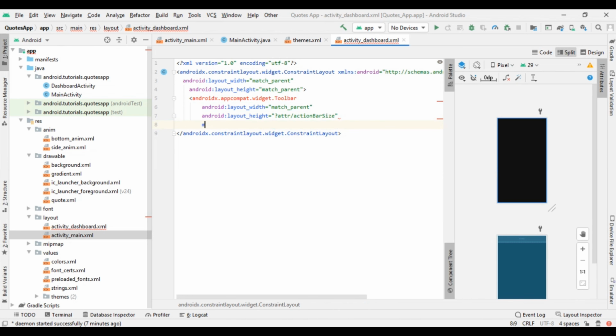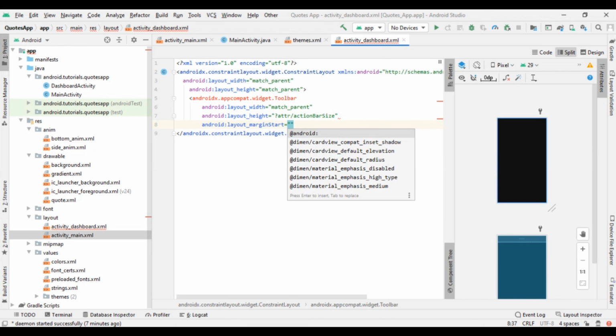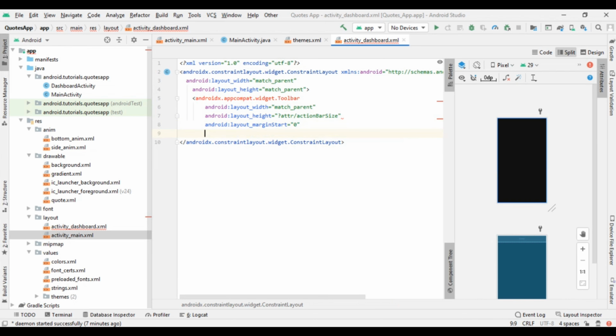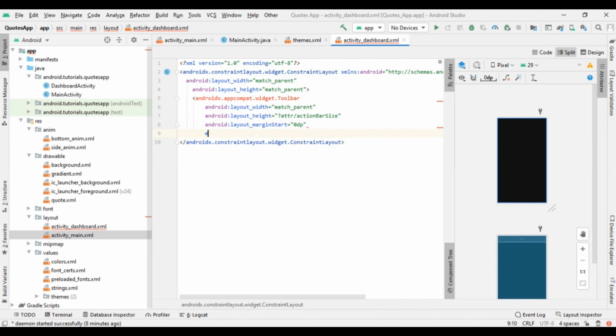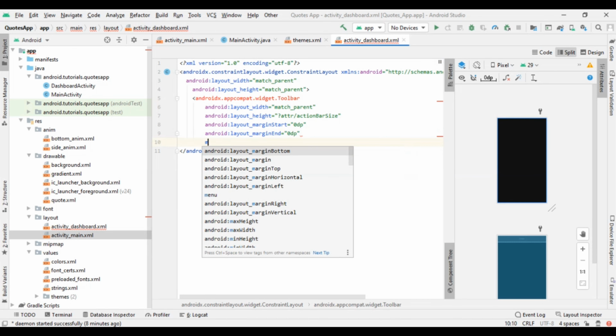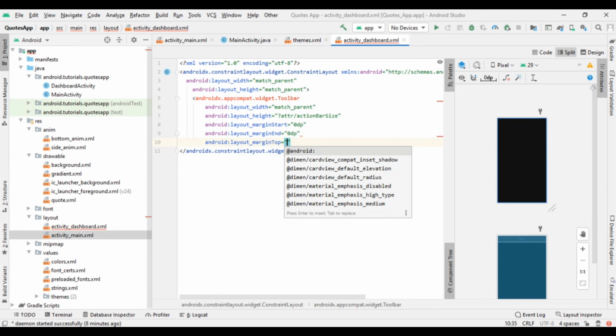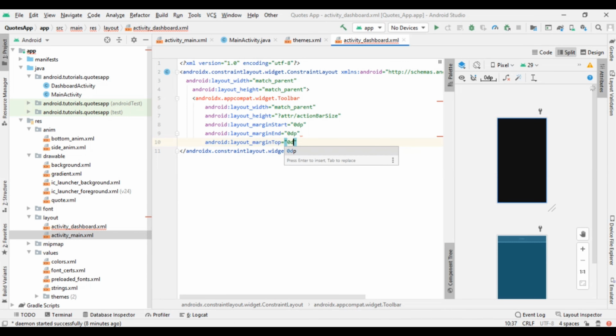And now give margin start to be 0 dp, and then we have to give its margin end which will be 0 dp, and then we have to give margin top, so this will be also 0 dp, and then close this code.